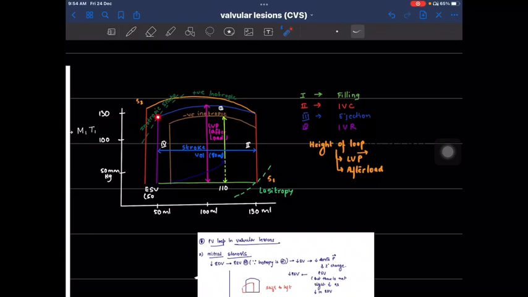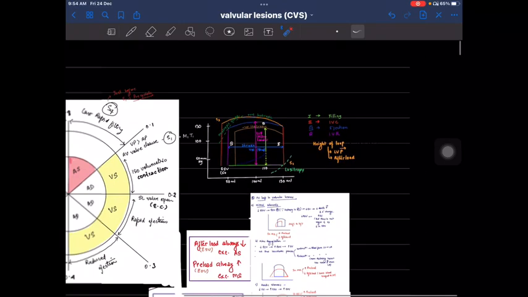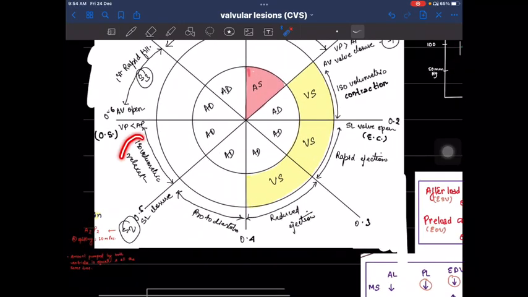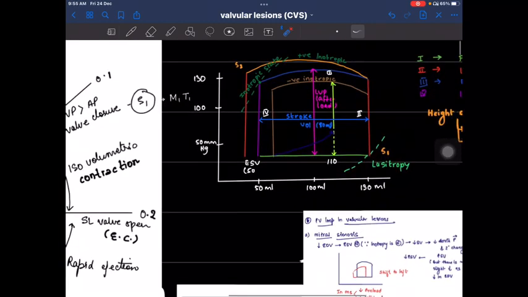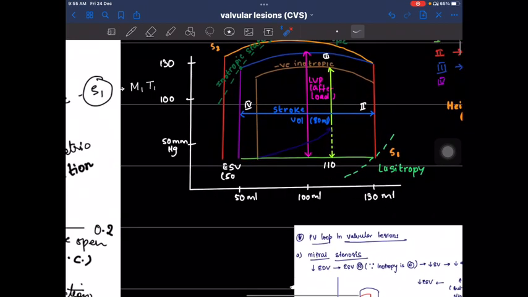Okay? So here, now we see that the volume again becomes constant, right? And the pressure drops dramatically. When does this happen? This happens in isovolumetric relaxation, right? And we know from our cardiac cycle knowledge that isovolumetric relaxation is preceded by S2, right? The closure of the aortic and pulmonary valves, right? So this is S2 as mentioned here, and now we are back here. Okay, so this is the entire thing.